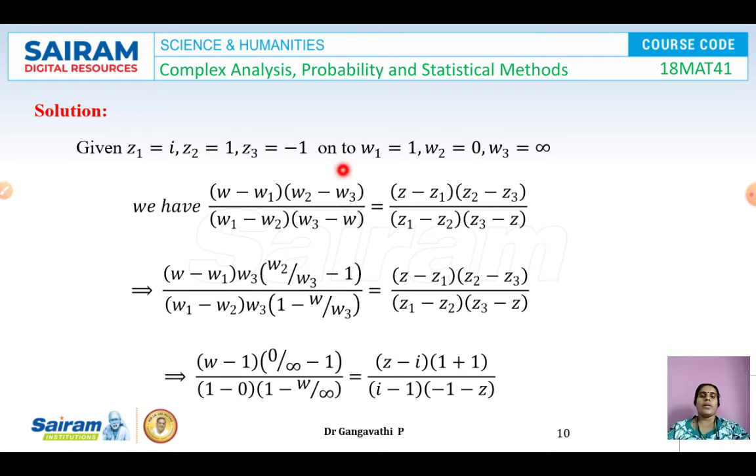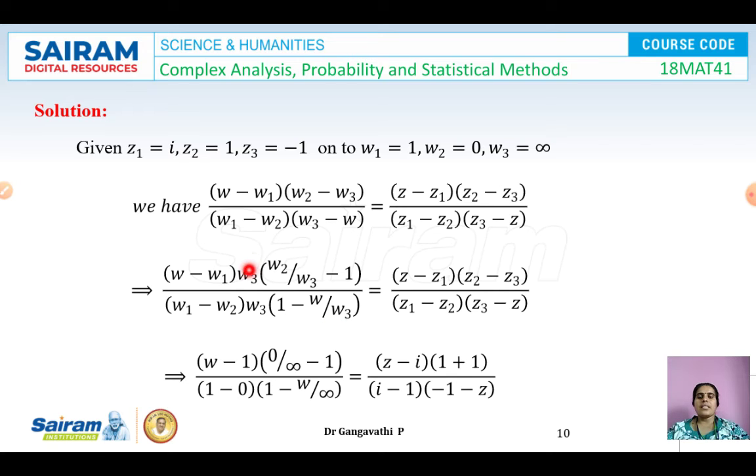So consider the given points. Here w3 is the point which has infinity. So we have w3 here and we have w3 here. If we substitute them as it is, infinity by infinity is an indeterminate form and we will not know any value. So we have to eliminate the problem causing element here. The problem causing element is w3. So from the numerator you can take out w3 as a common term. Otherwise this term is there as it is because there is no problem with that, so we'll keep it as it is. From this term take out w3 as a common term. So you get w2 by w3 minus 1. In the denominator also there is a w3 which can be taken out. So we get 1 minus w by w3.